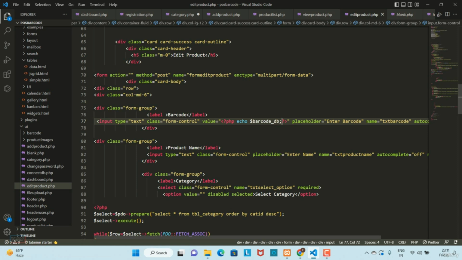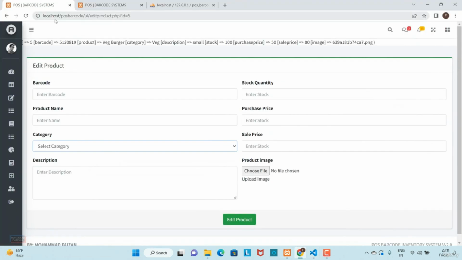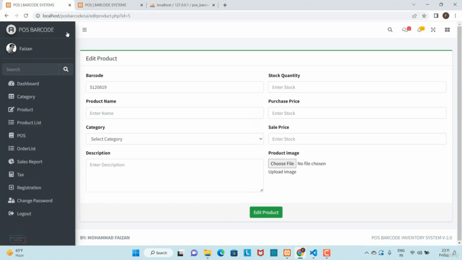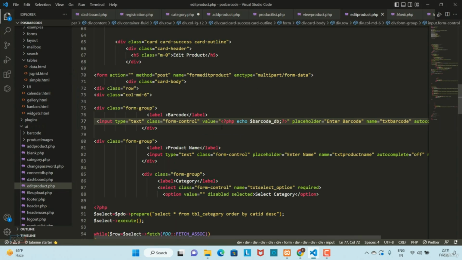Okay, let's save, and let's see the output. Perfect, you can see that. Okay, we are able to show the barcode here,